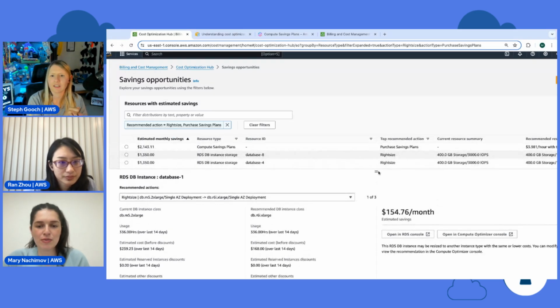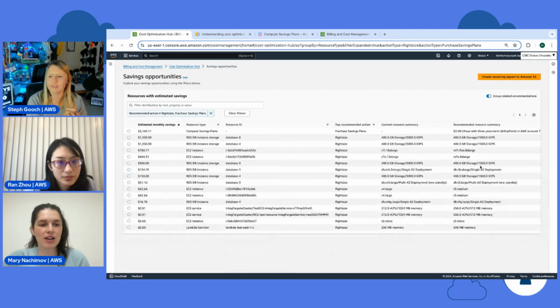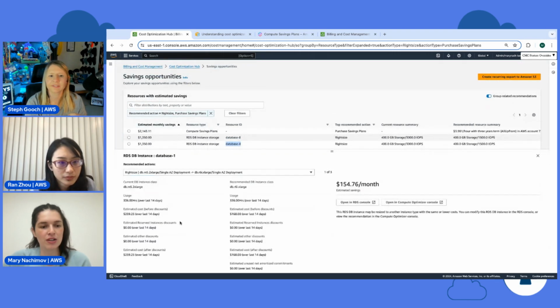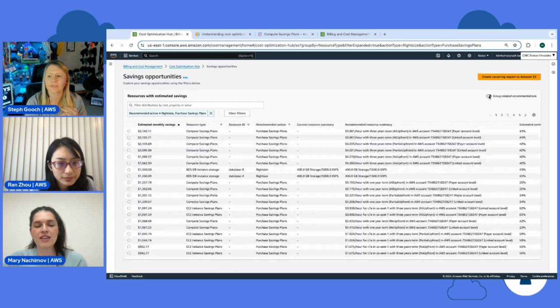Yeah, if you want to really expand the top list, this list will aggregate within each resource. So database 8 or database 4, like I just clicked on database 1, it will aggregate the recommendations within the resource type. If you want to see everything in one list, you can always click on over here, and then it will give you the full list of all the recommendations in the COH, based on the filters or categories you selected.